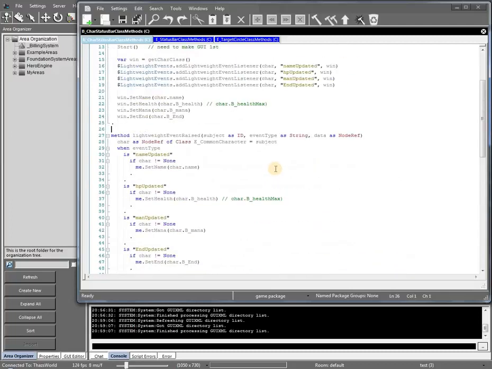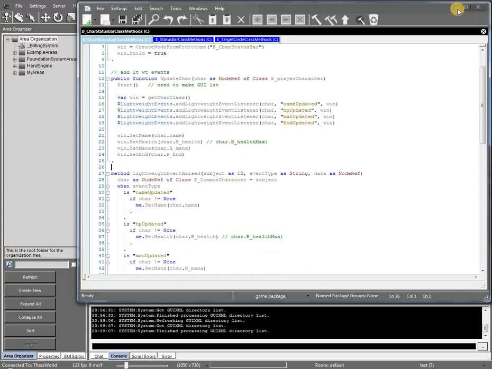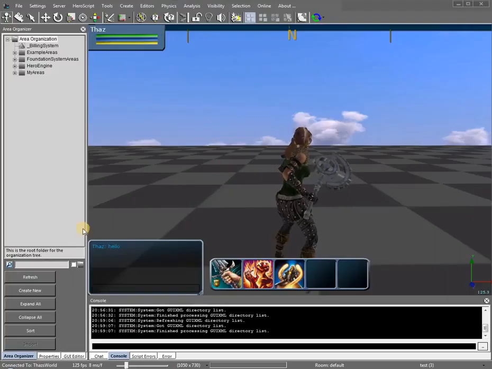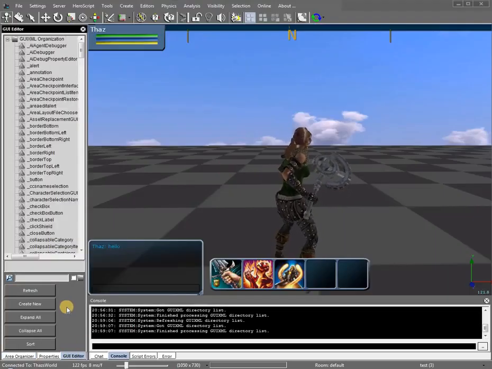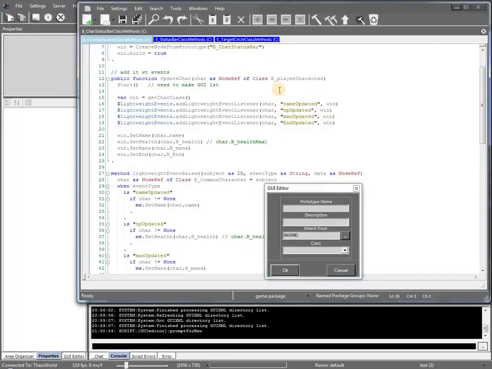Let's get the basic one working before we add in our maxes. Okay, after that we'll be going to our GUI. We compile and submit this, and then we'll make our GUI. Okay, we'll click Create, type in our class name from the script,